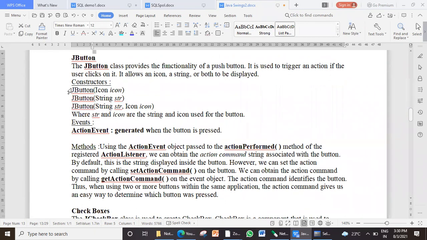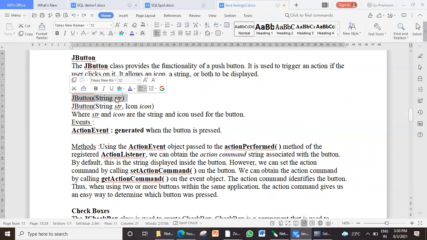So, the constructor to create a button. We used to use this second constructor. What is that? We used to create a button with some text on it, like we used to say either okay or calculate or add, something like that. So this is how we create a button normally. But if you want a button with some icon, you can specify a button with an icon.